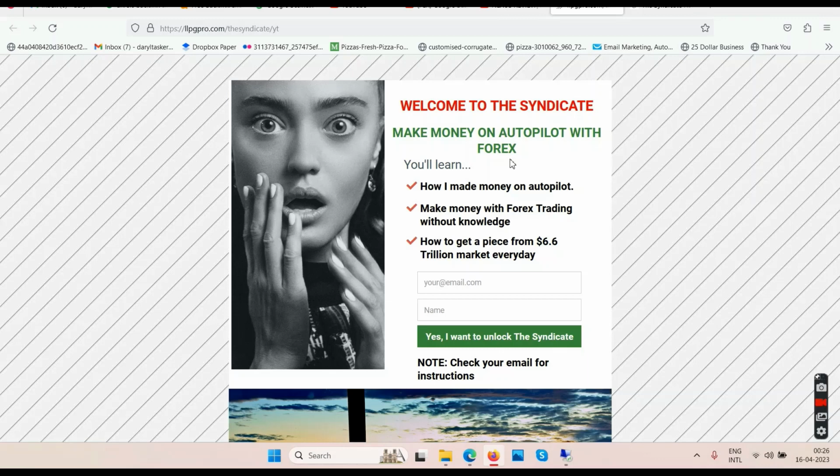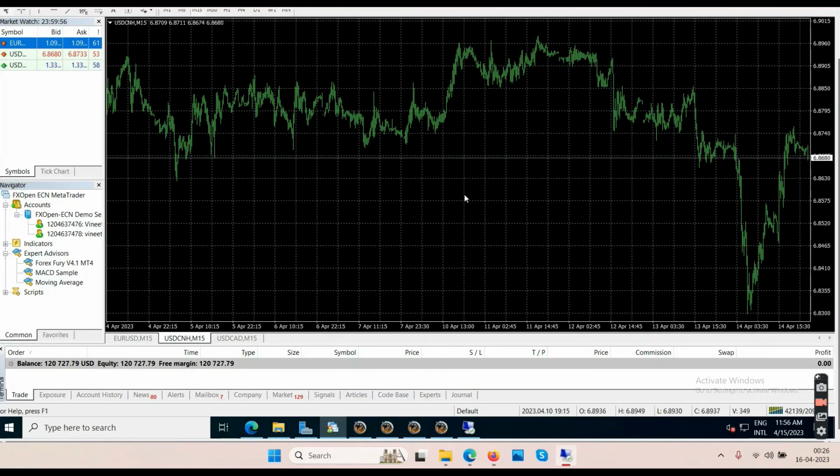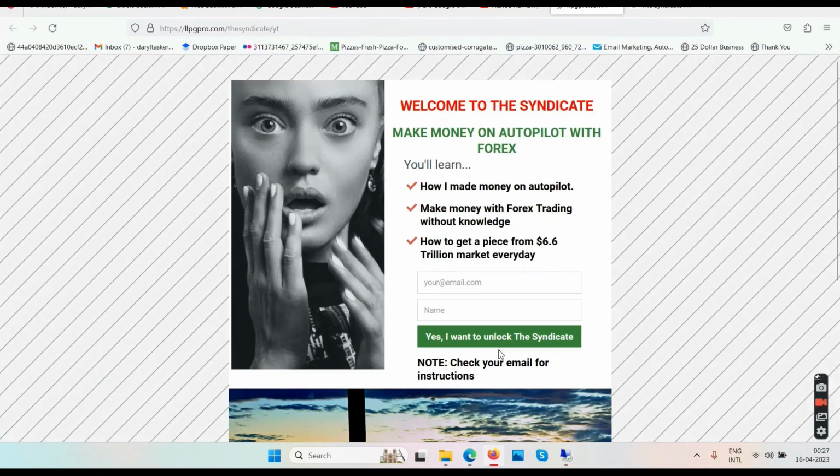The syndicate will make you 60% profits weekly for doing nothing, because you do not have to go through any training, any modules or anything. I will be managing everything on your behalf. I will be setting up the virtual machine, setting up the graph, installing the software, and giving the settings to the software. Once we start making profits with the system, you get to keep 60% profits weekly, and I get to keep 40% profits weekly. I'm talking about profits. When the system makes money, then only you get paid, and then only I get paid. If you want to know how to get started, fill up the form and watch those videos and then get back to me.